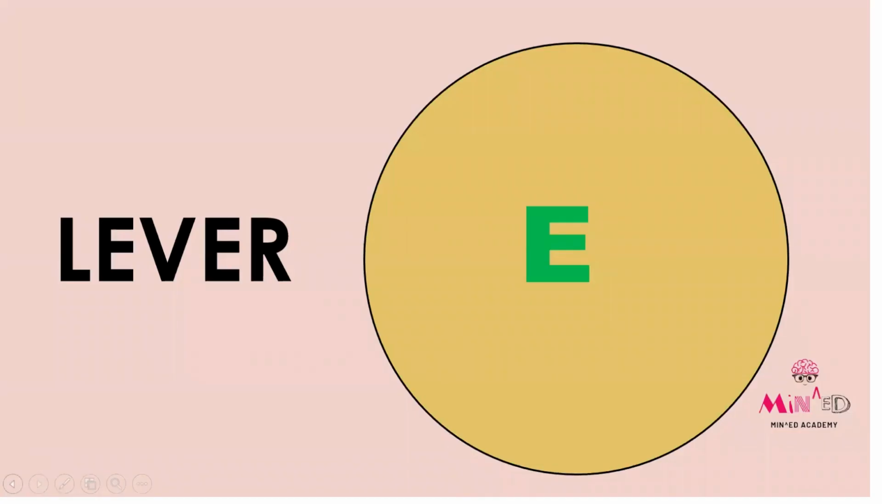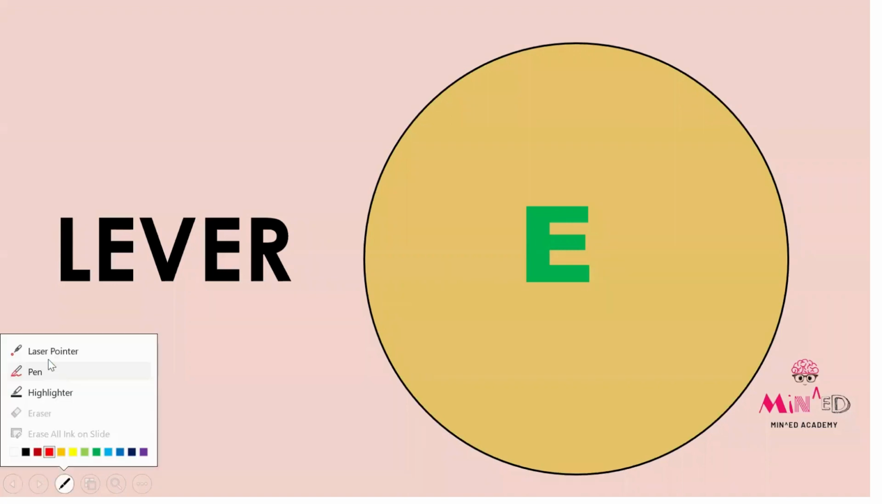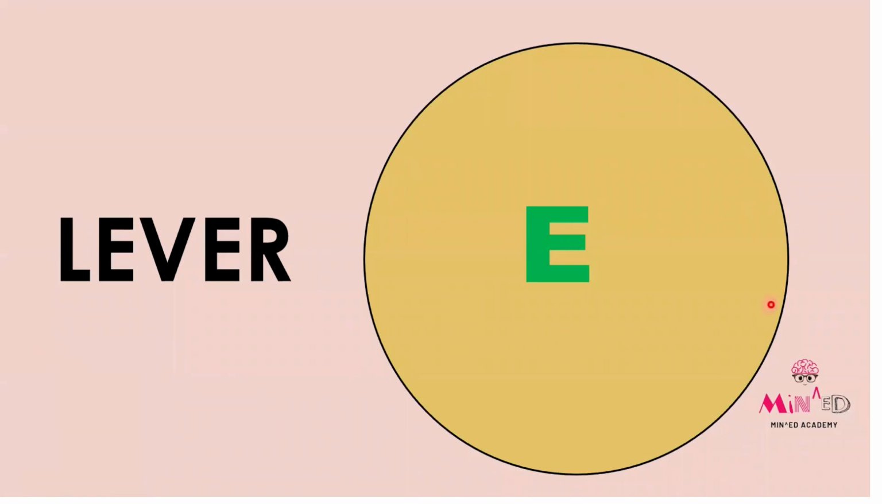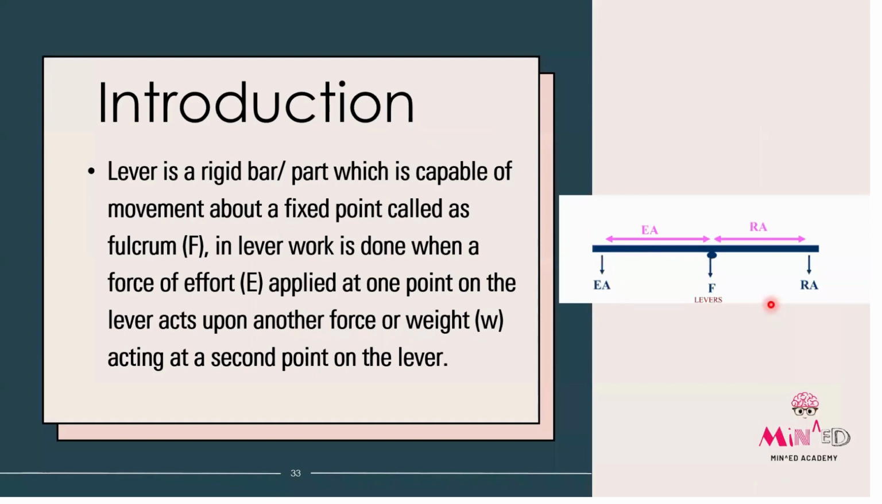So our next topic is lever. Okay, so what is a lever? As you can see in the diagram, a lever is a rigid bar which is capable of movement about a fixed axis or fixed point, which is known as fulcrum. In lever work, when work is done,